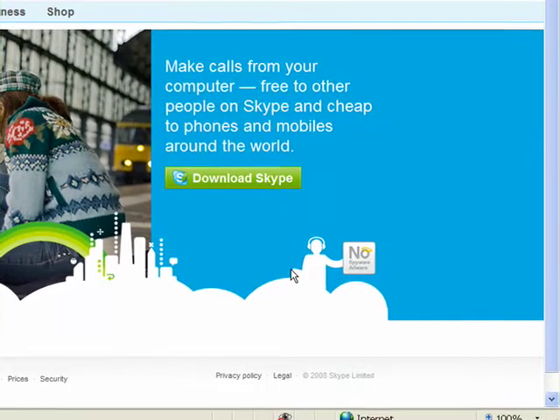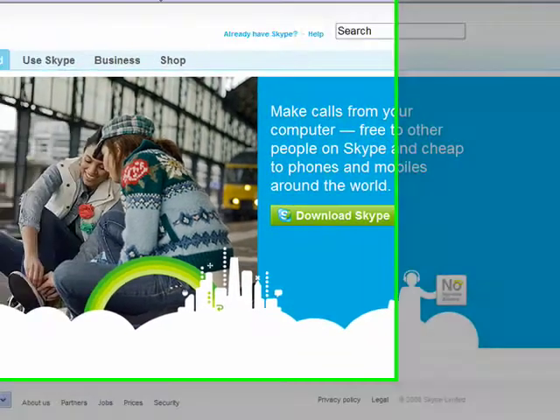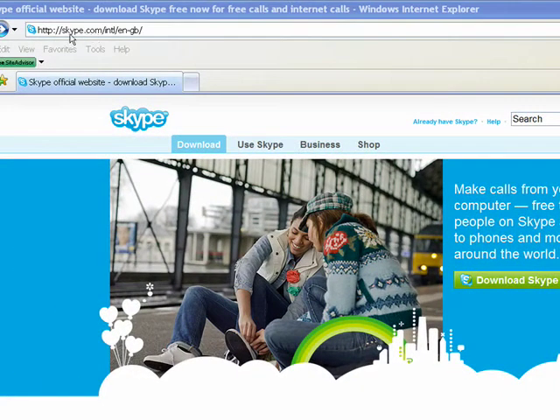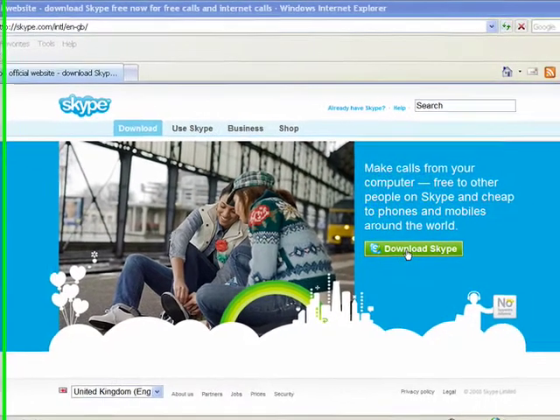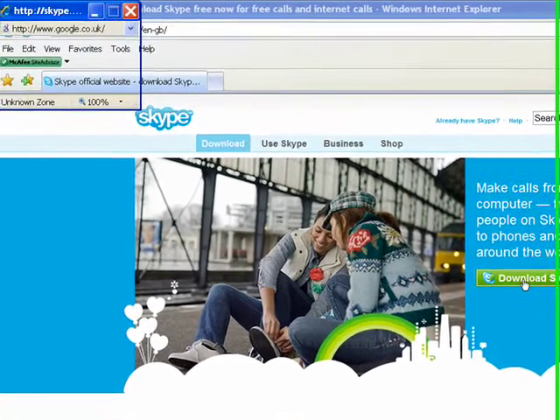Here we are on the Skype download page, and what we're going to do now is download Skype and install it. So the first thing we're going to do, by the way, if you want to know where Skype is, you just type here skype.com. That brings you to this page. So we'll click on download Skype, which brings us to the next section,